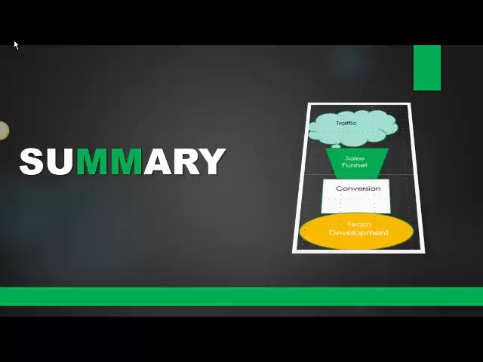So in summary, there's 4 major components to the internet marketing business model: traffic sources and leads, sales funnel, conversion, and team development. Also, I'd like to give a shout out to No Excuses too. Basically, that's a forum that's like an internet marketing MLM conference that comprises a whole different businesses together. This is pretty much where I got this from. This was a couple years ago, and it's something I've used ever since.